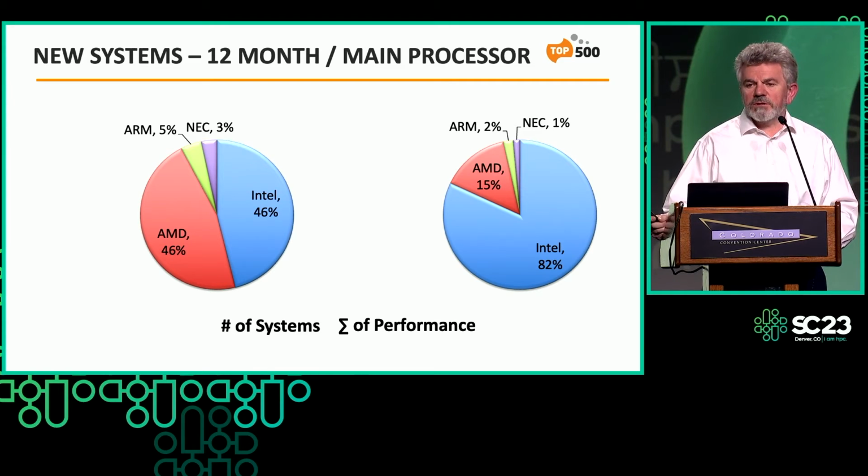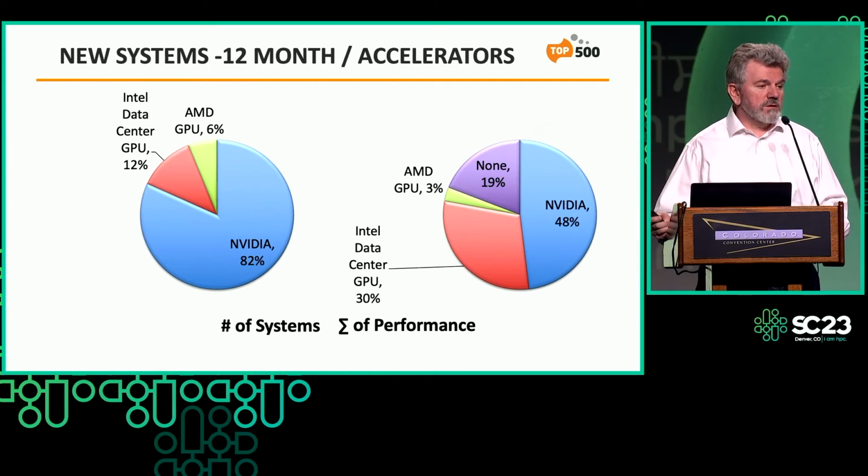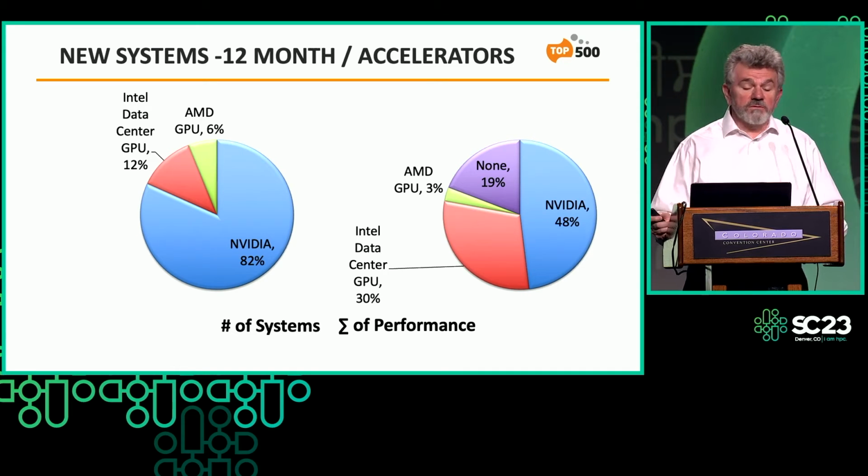Main CPU is roughly divided between Intel and AMD. Of course, if you count how much performance those contribute, again, you see the oversized influence of Aurora and Eagle. That's why the Intel slice this time is so large in terms of performance. But this is only the label on the sticker on the CPU. This doesn't tell you where the GPU comes from. That's this statistics. And in terms of GPUs,